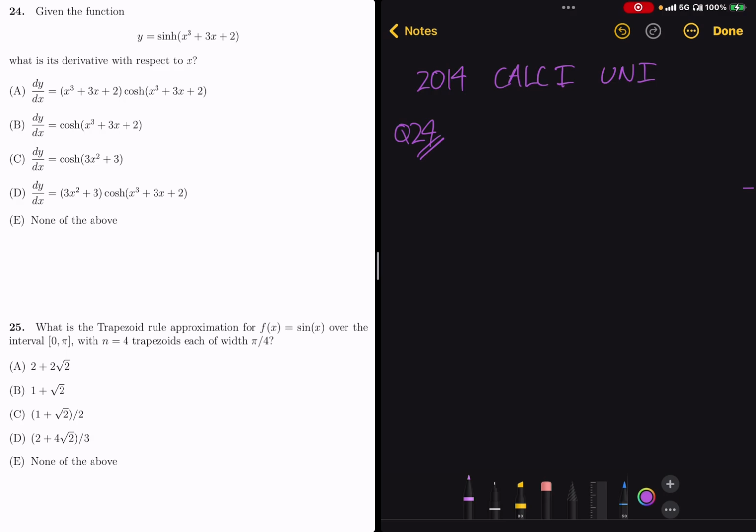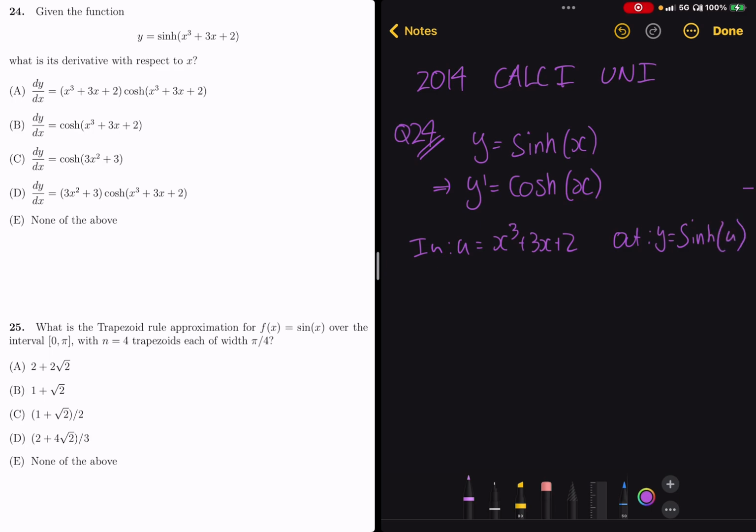Well, this is a chain rule. So first we'll start by saying it is known that if y is sine of x, then y prime is cosine of x. You could say sine hyperbolic of x, cosine hyperbolic of x. Sine and cosine are just names given to these. So if we do this as a chain rule, the inside function is u is equal to x cubed plus 3x plus 2. The outside function is y equals